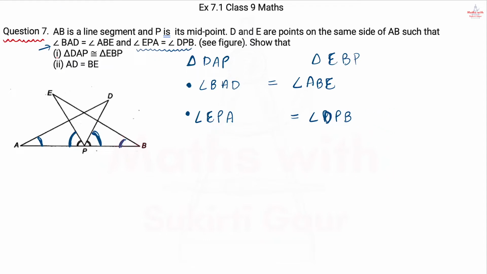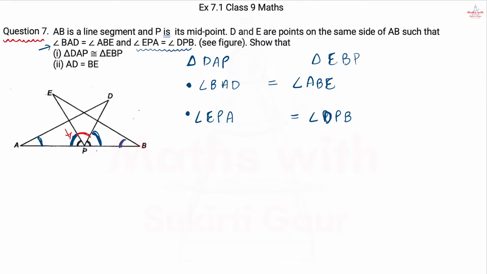So if I have written this condition, let us see this EPA is a part of angle DPA. If I try to get this angle DPA, you can see here from DPA we have this angle, right? And what we have been given in the question is this part, EPA. Let me take another color to highlight this part.